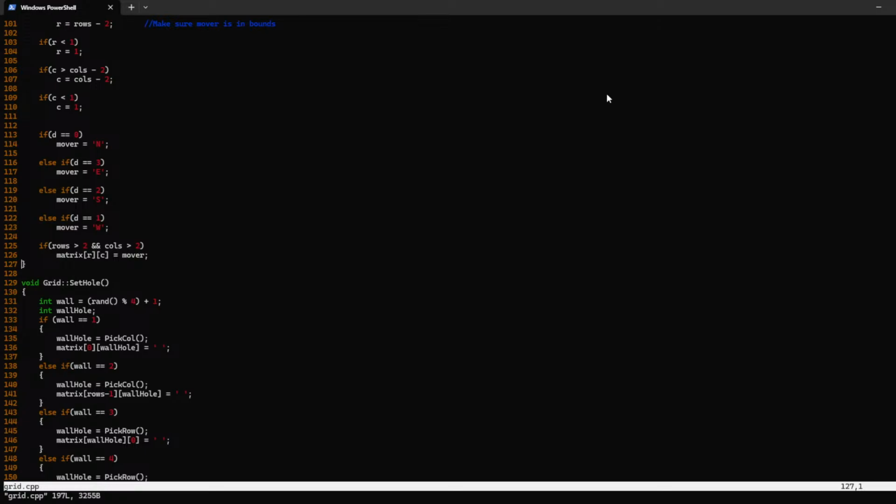Let's see. All right, back to the toggle path. So if it's on, it means the display of the grid should indicate where the mover has been by showing these positions as spaces. Okay, that's interesting. I don't know how to do that. I'm going to do the other functions first, and then